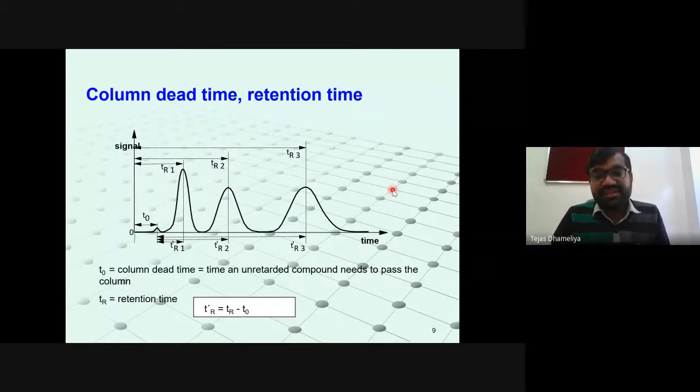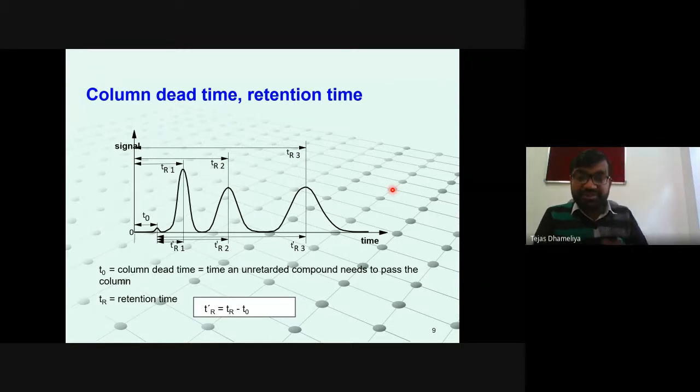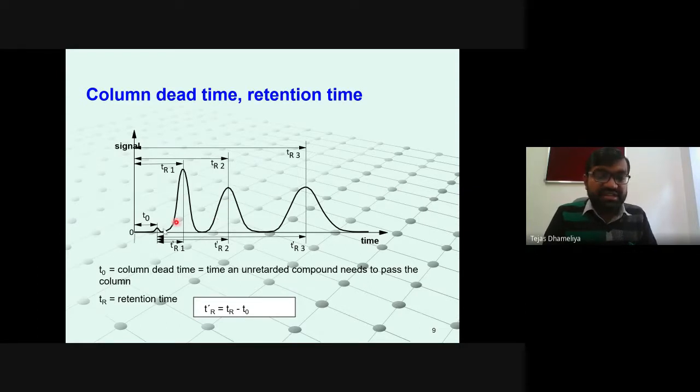Here, this is basically all retention time. Okay, so T dash R, TR minus T0. What is called retention time? Retention time is the time required for the substance to come out of the chromatography column. We need to remove T0, which is called dead time or column dead time, whatever the unretained substances are. If you want to remove them, that is called T0, or sometimes it is also called dead time.